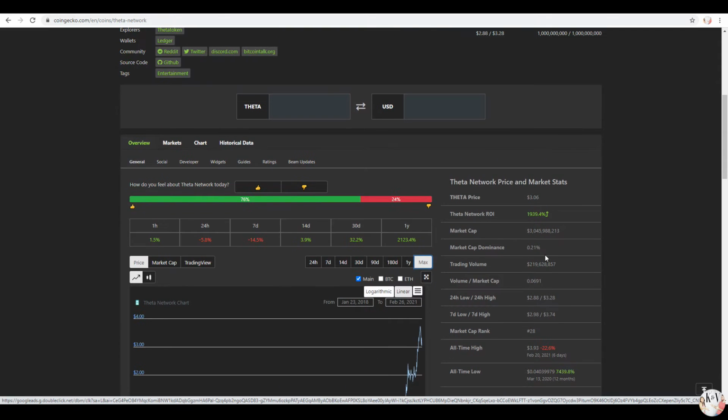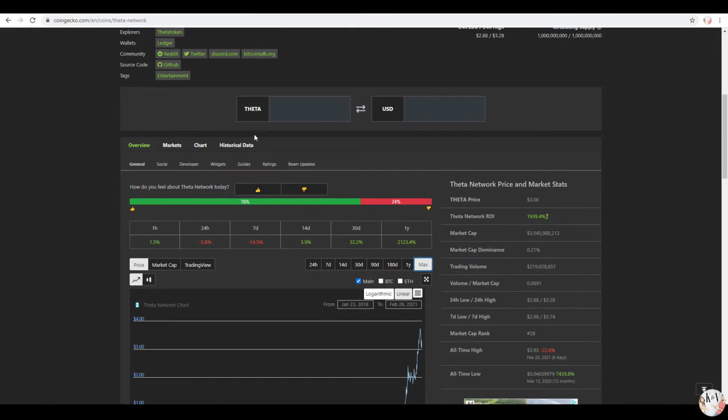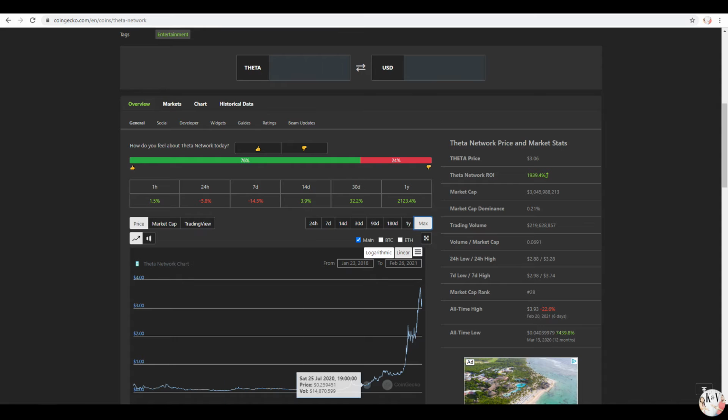They never have exactly the same information, but it's good to compare both of them. And CoinGecko calculates the token velocity for you, so you don't have to calculate anything. So here, the token velocity is 0.06, 0.07 kind of. So that's good for us, thinking that